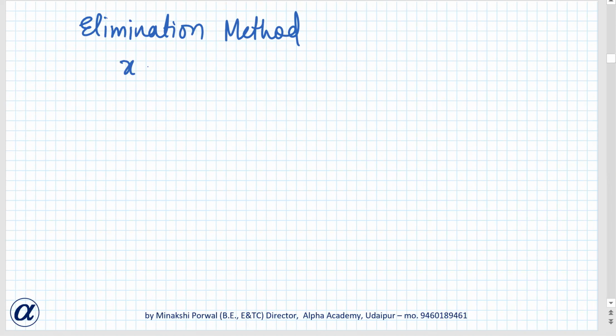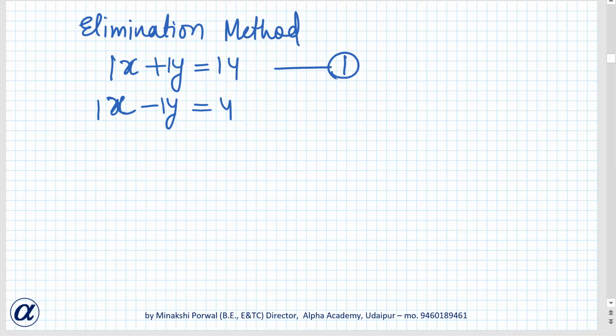Okay. Now x plus y equals 14, x minus y equals 4. जो भी इक्वेशन है उसमें हम पहले उनके कोफिशिएंट्स इक्वल कर लेंगे. यहाँ पे तो ऑलरेडी कोफिशिएंट्स इक्वल है. Here coefficient of x is 1. Here also it is 1. y is 1 and y is minus 1. Okay. So if the coefficient is equal, if I add both the equations, I can eliminate y.